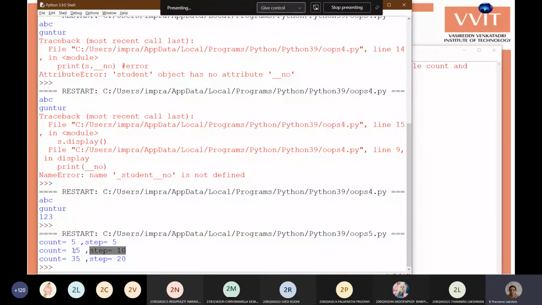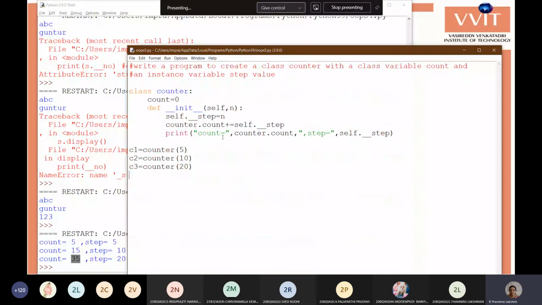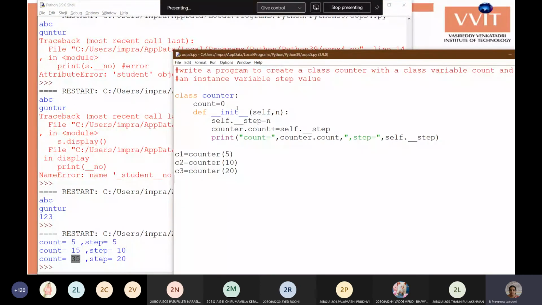And for the third object, the step value is 20, so the count is 35: 15 plus 20, 35. That's a simple example. So we created one class variable and one instance variable.